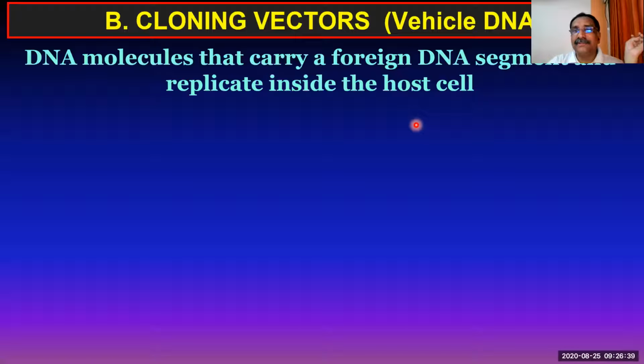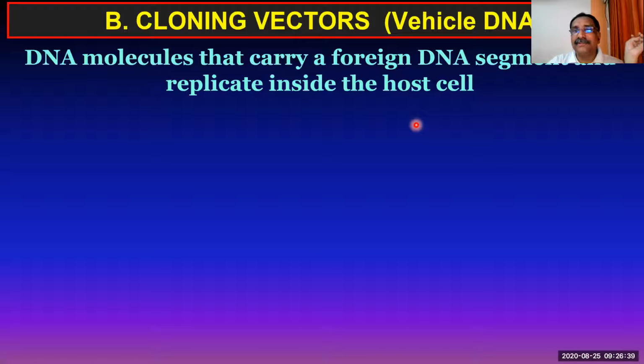And the second type is bacteriophage, that is virus eating bacterium. Sorry, bacterium eating virus we can say, and that is what is called a bacteriophage. In that, there is a DNA that is linear in nature.